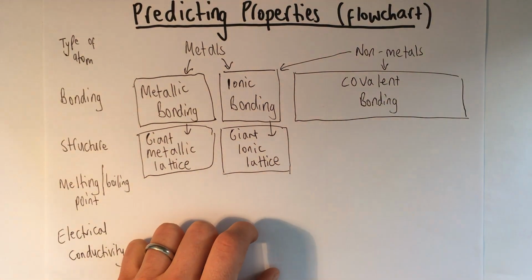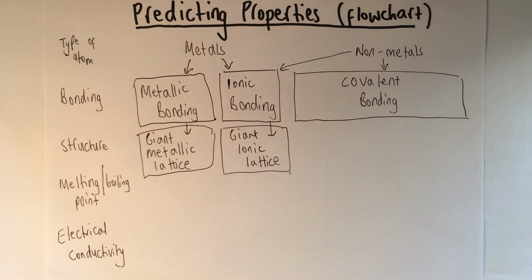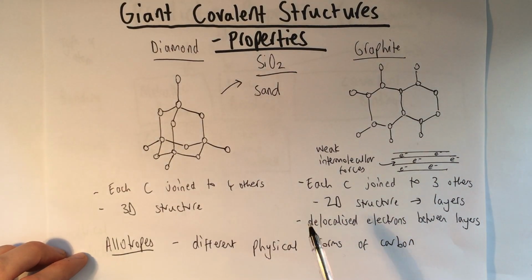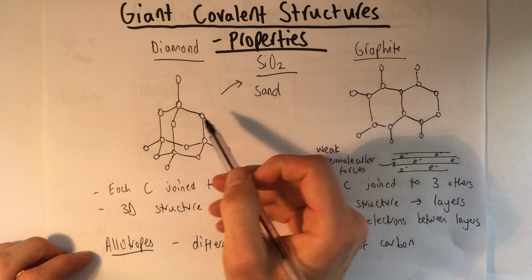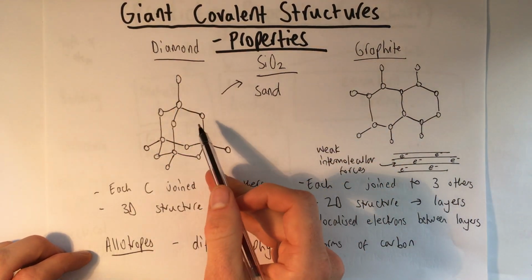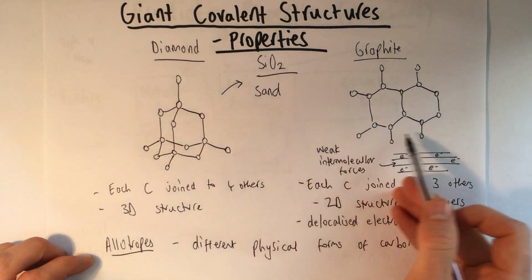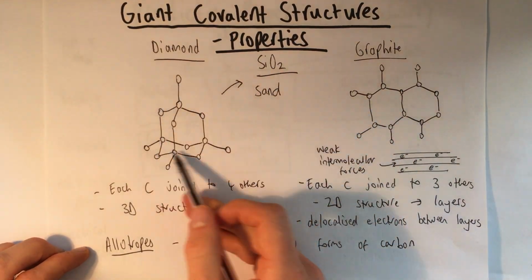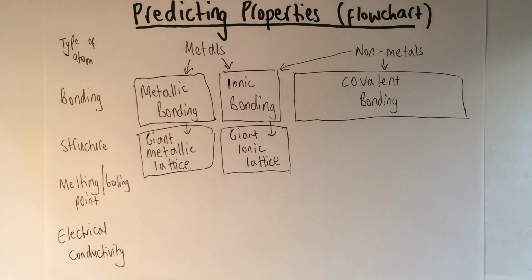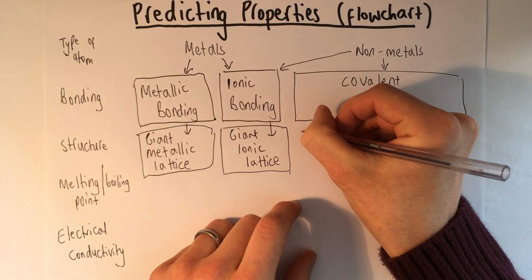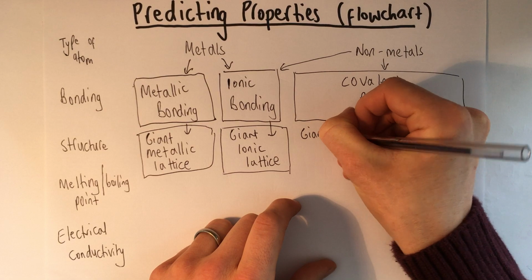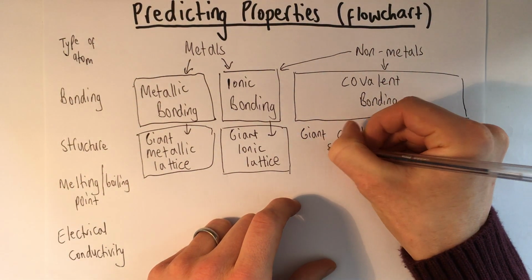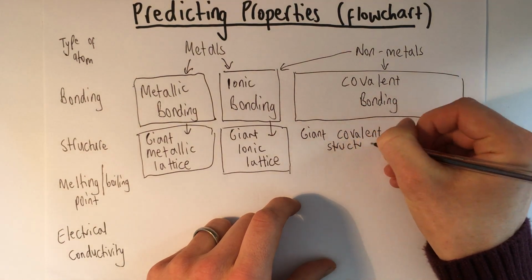Okay, what about covalent bonding? There are two things that we could get. The first one, which is really the exception, is for a few things they make a giant covalent structure. So diamond is one example with this 3D structure, and graphite, which has got the layer structure, and silicon dioxide, silica, sand, has got a similar structure to diamond. So let's write that in. Giant covalent structure,